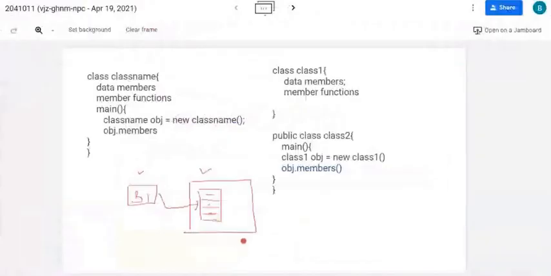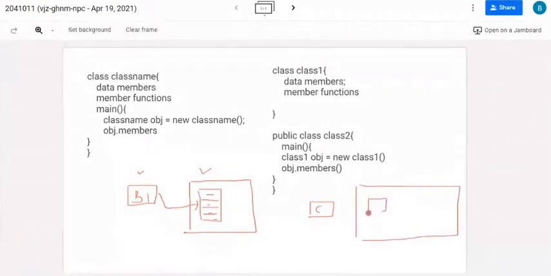Just this diagram. What happened? I have created the object reference c1. This is the memory location where I'm allocating the memory for the data members of the class. Only one data member, that is rad. So c1 is now referencing this memory location.